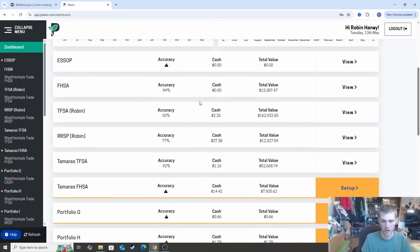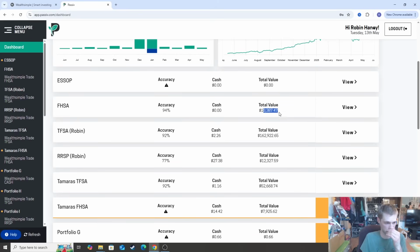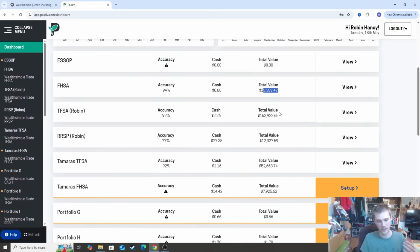You'll get there. Here are the different accounts we have, and it's important to use all the tools available. Use your first home savings account, use your TFSAs, use your RSPs if you have to. All that stuff benefits, and if you can find somebody to work together and build a future with, that makes things a hell of a lot easier. So here are our different accounts. We have our first home savings account. Here's mine, about $13,000. I put the $8,000 in last year,